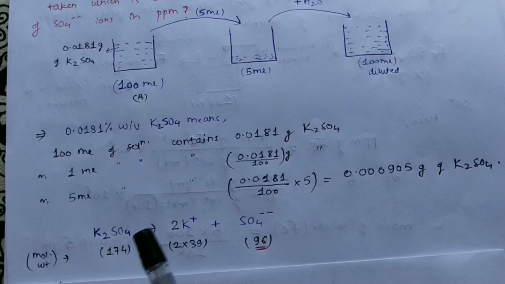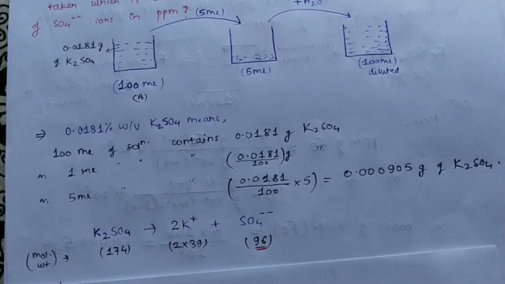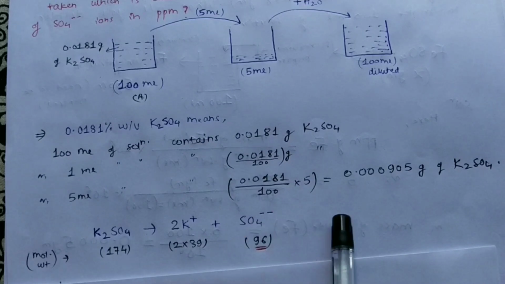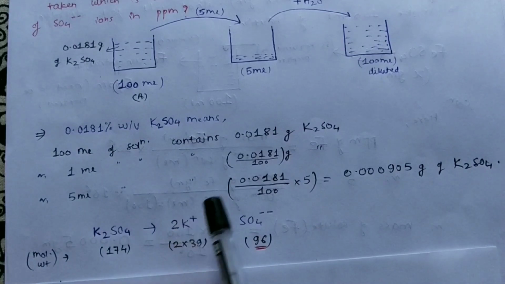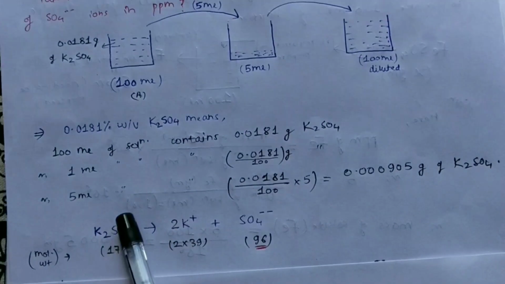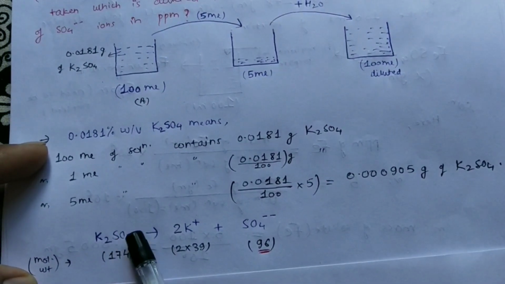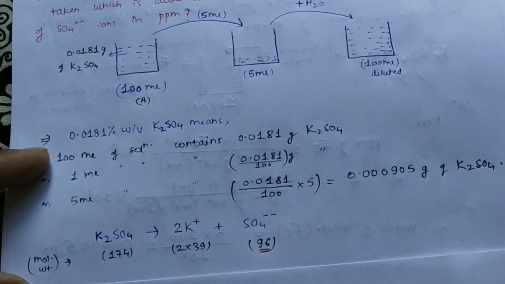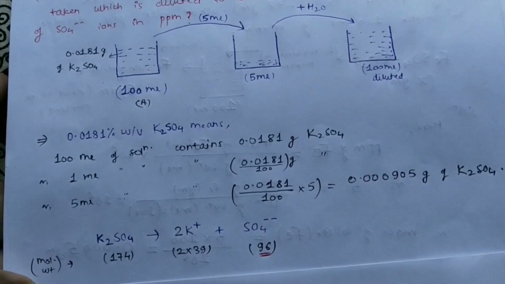Potassium sulfate will dissociate by giving 2 potassium and 1 sulfate ion, we know. And we know the molecular formula of sulfate ion. Oxygen 4, 16 into 4 plus the sulfur molecular weight, if you add it, you will get 96. And likewise you get the potassium part, and from these, for potassium sulfate, if you add these two, you will get 174, right? If the molecular weight of potassium sulfate is not given, you will still know it.